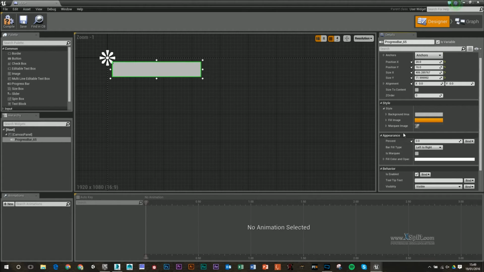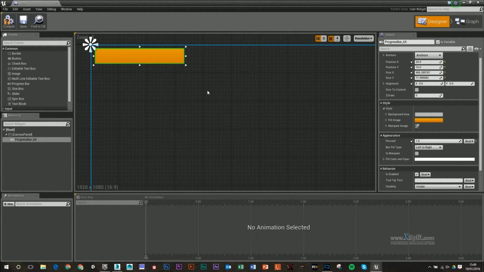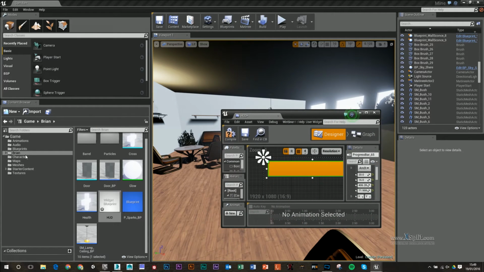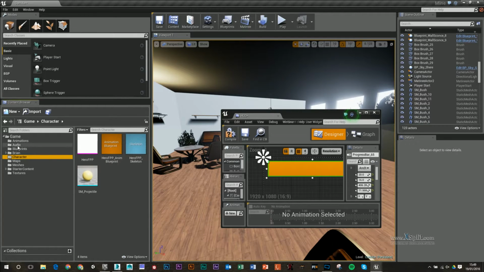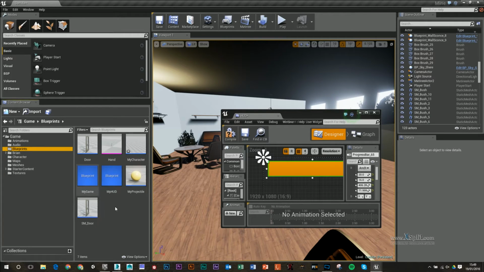But the main thing that we want to look at is our percentage bar. Okay, so our percentage bar goes from 0 to 1, and if it's at 1 it's full, and if it's at 0 it's empty. Okay, we're going to leave this for now. The next thing that we're going to do is open up our character blueprint. So if I go to blueprints and then open up my character,